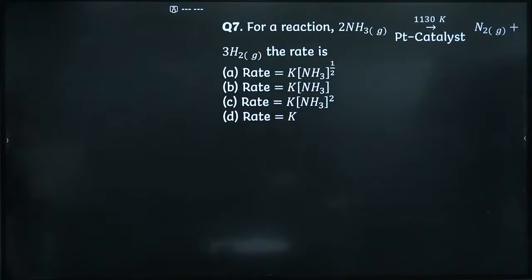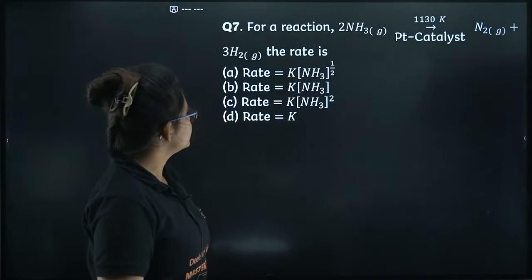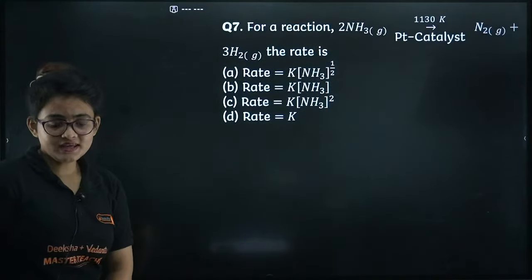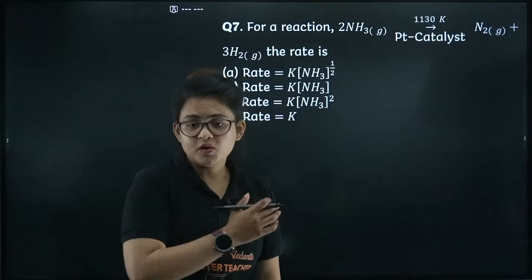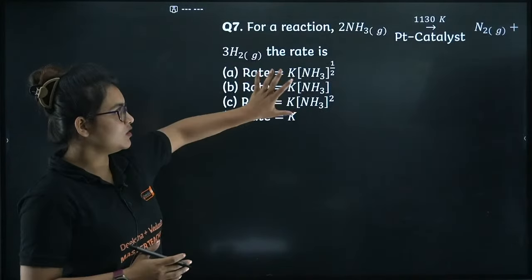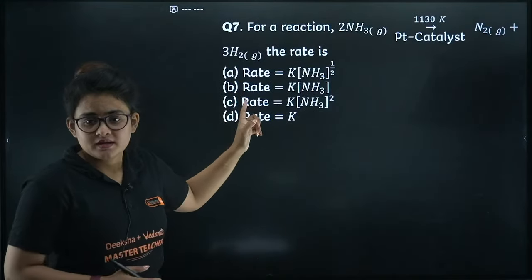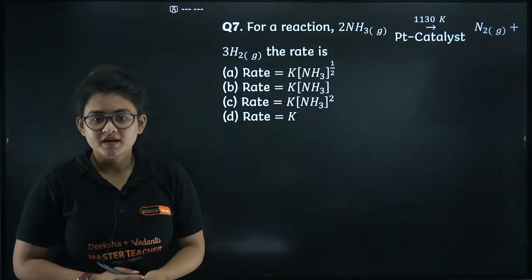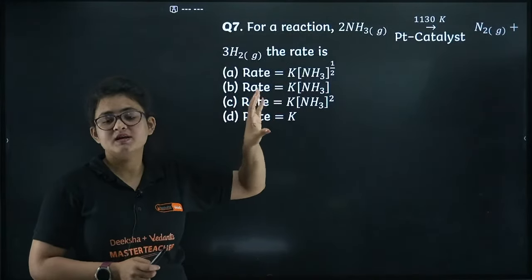Here you can see for the reaction 2NH3 with platinum catalyst giving N2 plus 3H2, the rate is given. Okay, we have to find the rate. So here, very important thing, in this particular case, please remember this. Sometimes students get diverted by this type of question and they make the answer C. Okay, because here comes the stoichiometry 2, right? So just let me tell you, my dear, for this type of reaction, whenever they are mentioning